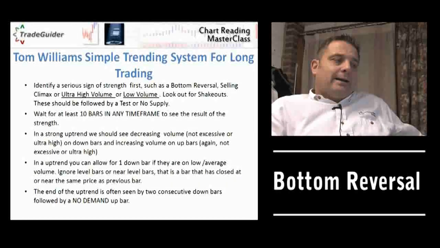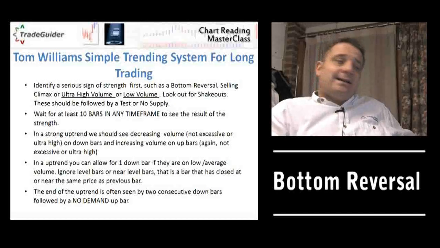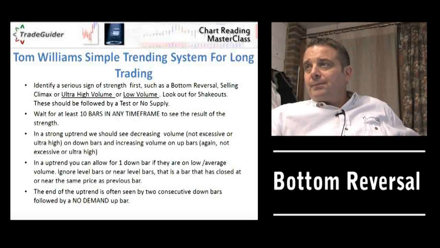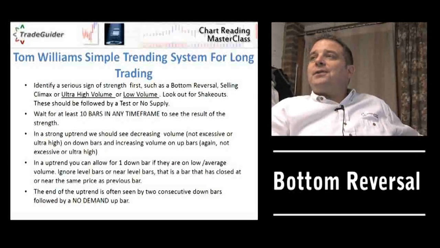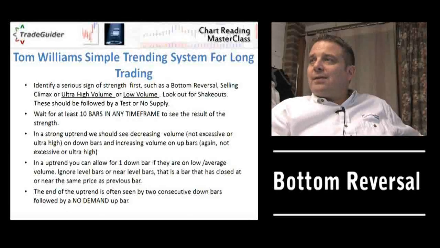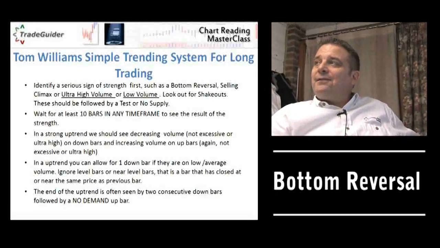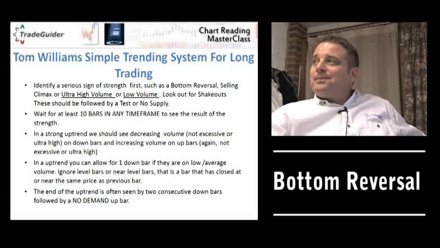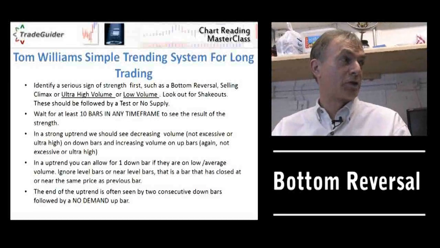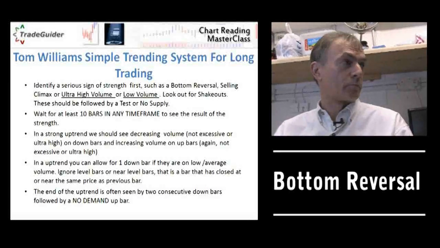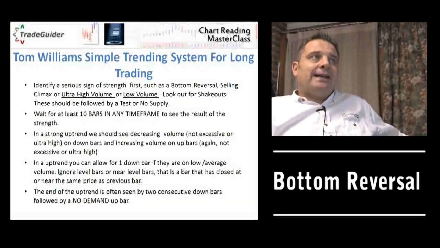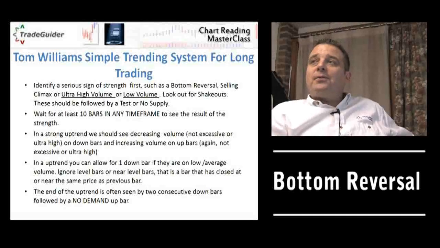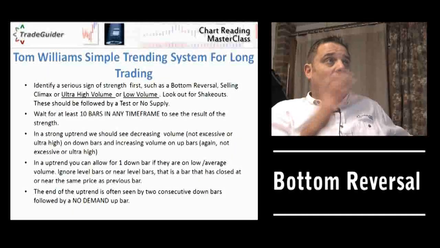You get the shakeout, and it's on high volume. But in this particular slide, you can also get strength coming in on low volume. That will be the test. That confuses people because you just said high volume shakeout, strength, followed by a test. But remember what we said earlier when you came out from the break? Always, the low volume down bars will be the confirmation signals. Take that into account. You've got two types of VSA setups: the ultra high volume warning signs, and then confirmation by the other low volume bars. It's two types of things.